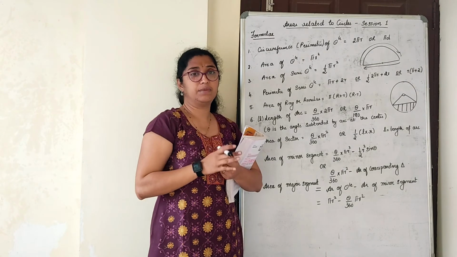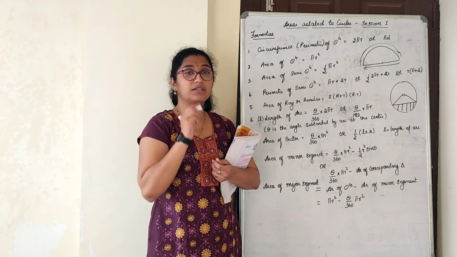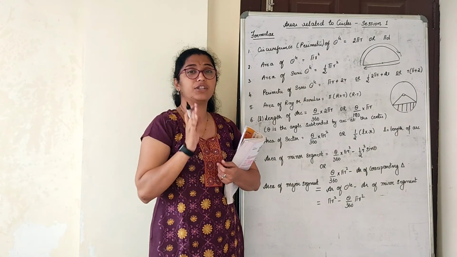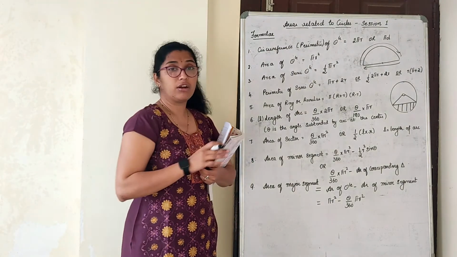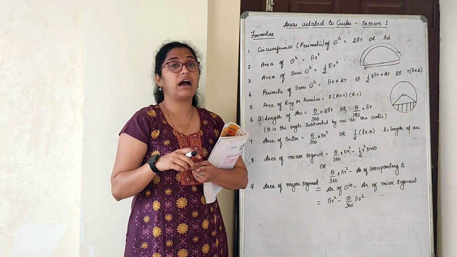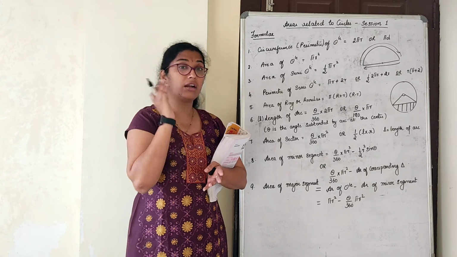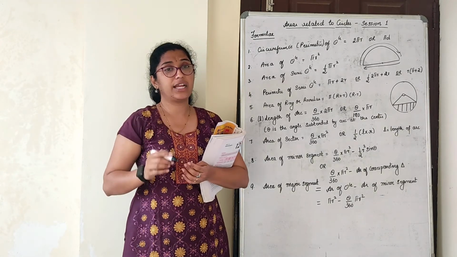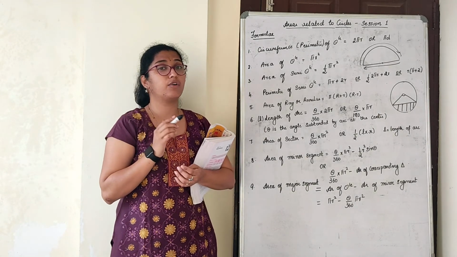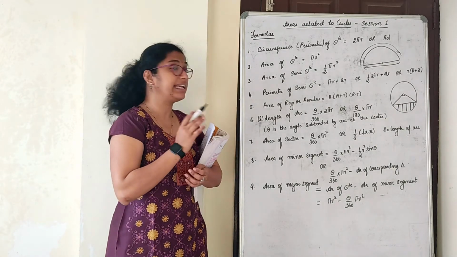In the whole chapter, children, you will have all sorts of figures where you have to find the area of the shaded region. They will not tell you whether it is a segment, sector, arc or whatever. Only a part is shaded, or a triangle. With respect to the part that they have shaded, you have to identify and find it.